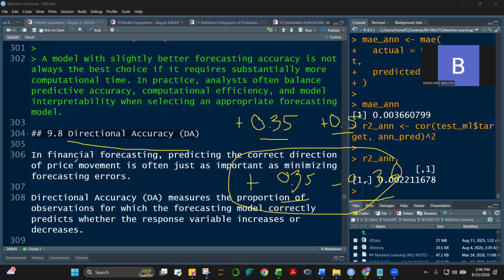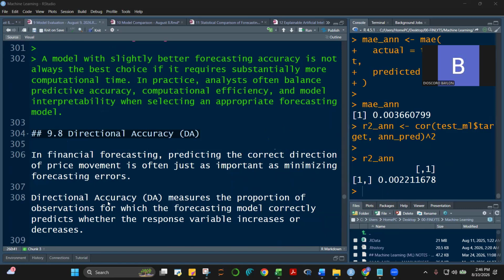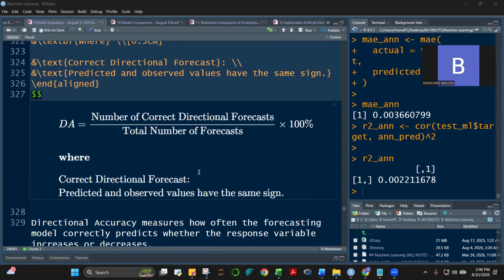Okay, so let's take a look at the formula for the directional accuracy. So take a look at this, it's a ratio. Directional accuracy is equal to the number of correct directional forecasts. Okay, so you count how many in our sample size, for example.